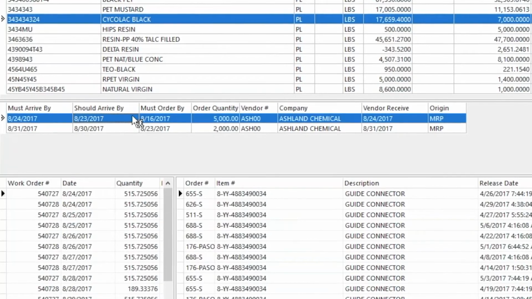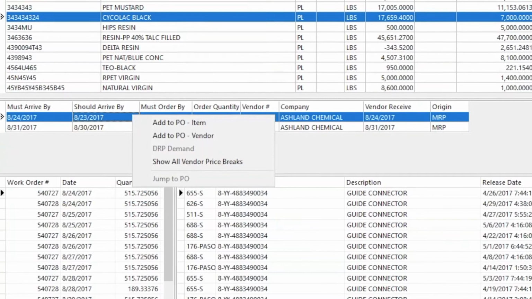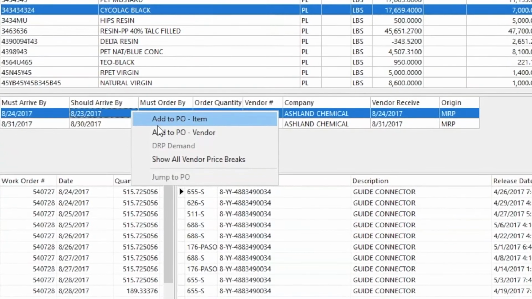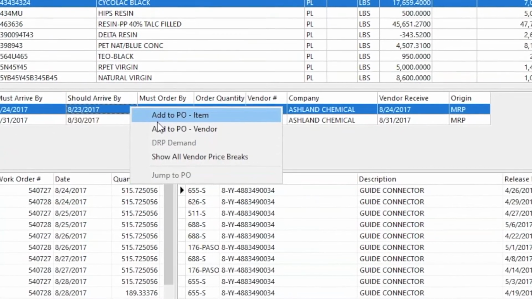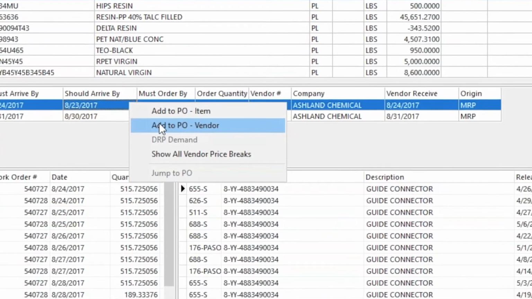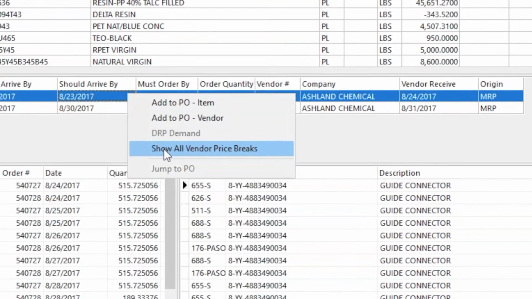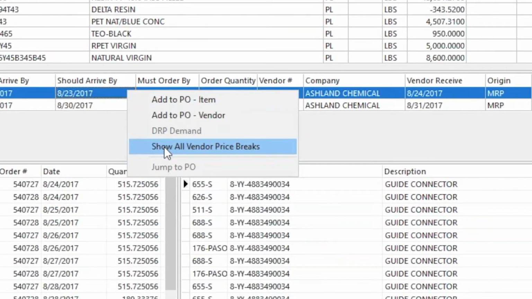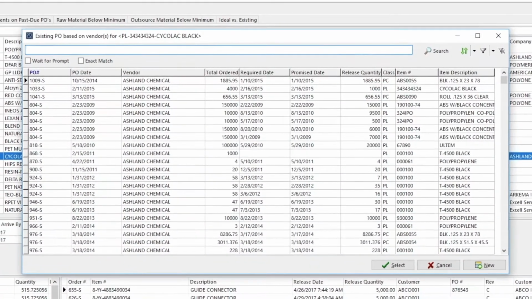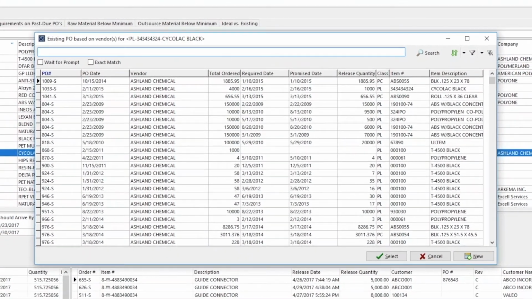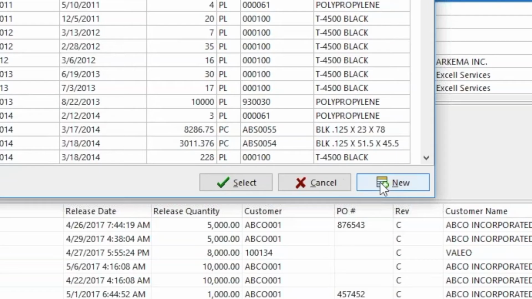By selecting the exception and right-clicking, I have the option to add it to an existing PO, either by the item or add it to an existing PO for that vendor. I can also see all the better price breaks if there's multiple vendors that I can order this item from. By selecting Add to PO by Vendor, I will see a list of purchase orders that are available for that vendor. I can add this requirement either to an existing purchase order, or I can select New and add it